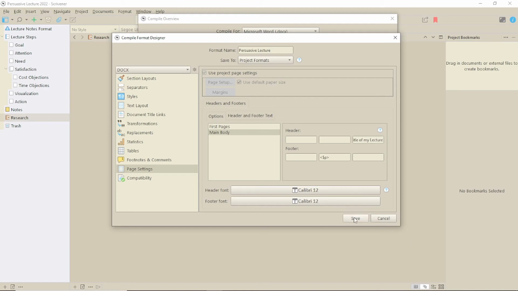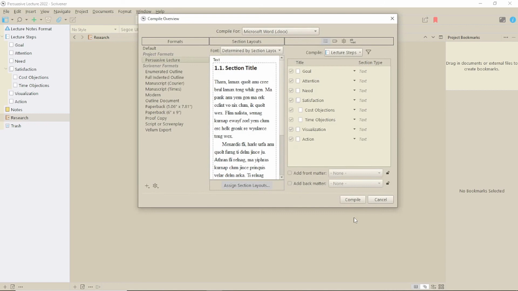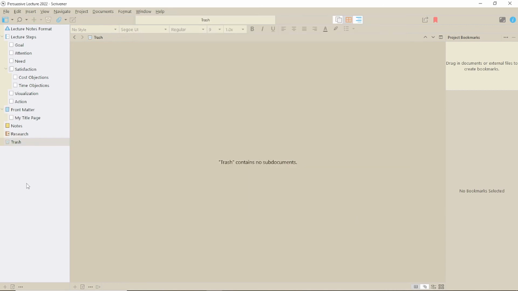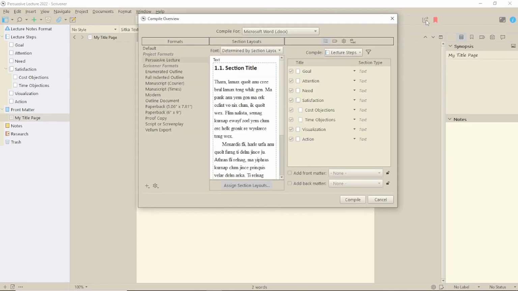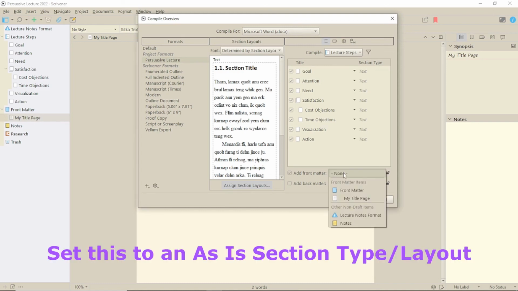Another thing you might want to do for this, if you needed to print it out, especially if you wanted to use it for handouts, would be to give it a title page, which you could create with a front matter folder, so that it doesn't get affected by the numbering. You would also need to add this in Compile, so that it would be included when you generated your file.